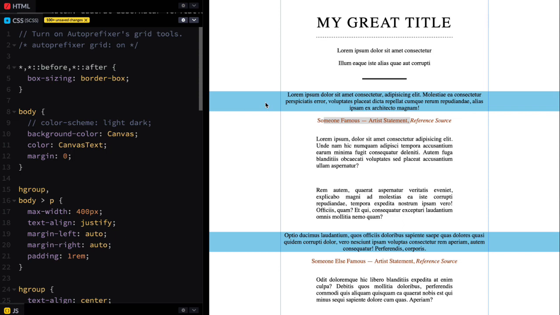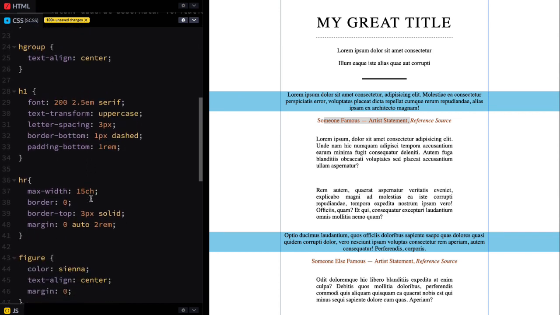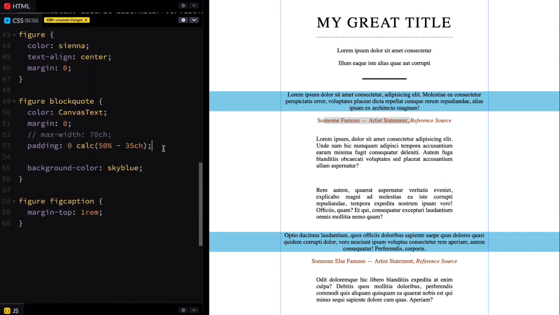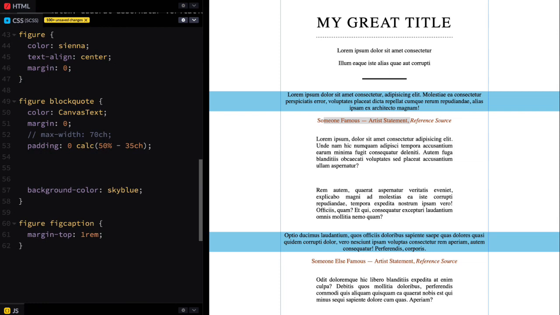Now, there's a couple ways to do this. We could add a background to the figure and then a background to the block quote. But as you saw in my last video, we can actually do multiple backgrounds on a single thing. And we've already pushed this all the way to the edge, this block quote. So let's just keep it all in one place. Right here, I'm going to add a background image. Okay? And I'm going to set it to